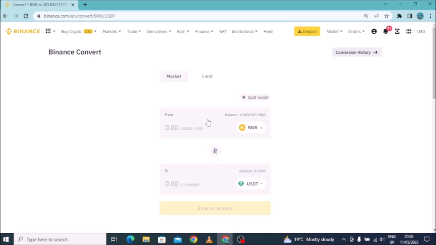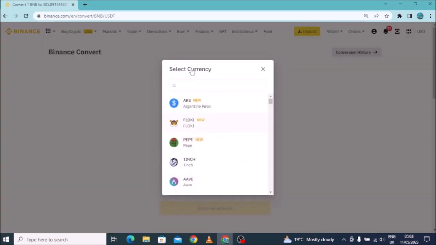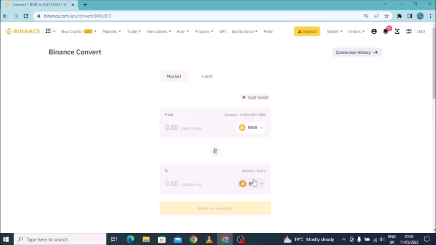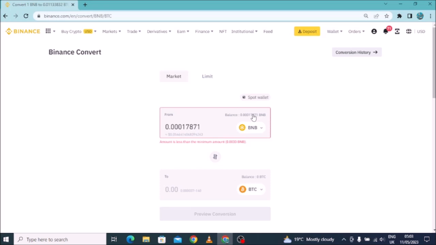So suppose we want our money from BNB to BTC. So we are going to say that here we have already BNB. Then you're going to change this coin into BTC. So once you have the BTC, you will first select the amount of money that you want, of course, to convert from BNB to BTC. So once you have the amount that can be converted from BNB to BTC, once you click here, automatically the